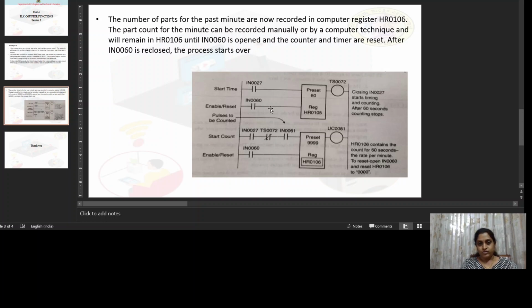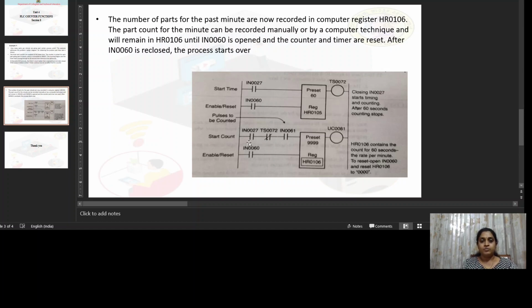Now I'll start the timing also. I will energize the contact IN27. When IN27 is energized, it closes and the timer starts to count. At the same time, the output TS072, the output of the timer, will be 0.